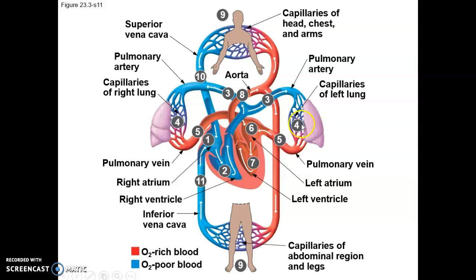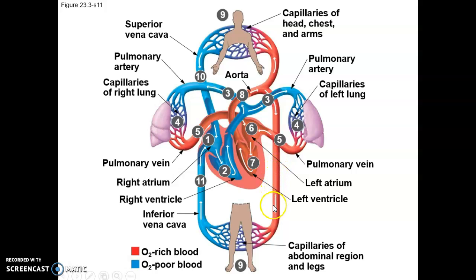Now leaving the lungs, number 5, is oxygen-rich blood or carbon dioxide poor blood. The oxygenated blood then enters into the other side of the heart, which is number 6 here, the left atrium. The blood drops into the left ventricle, number 7. The ventricles contract. The blood is ejected to go into number 8, the systemic circulation, where the blood goes from